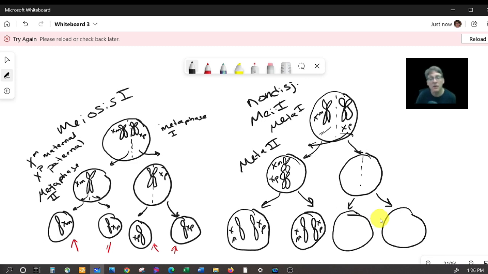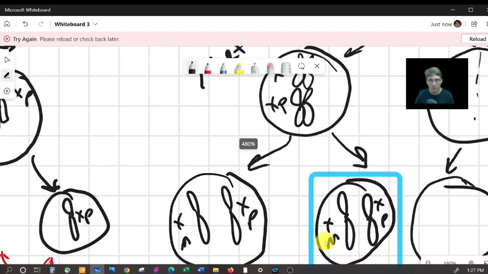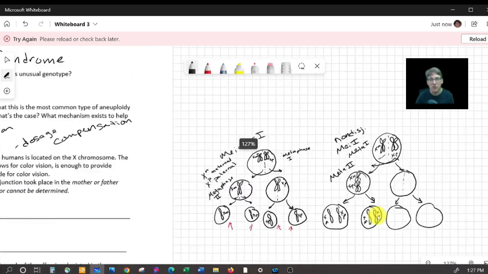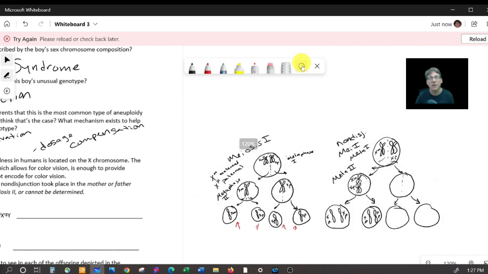Okay, so now the key thing to look at here is that when non-disjunction occurs within meiosis 1, we have 4 gametes resulting from the cell division that are abnormal in their chromosome content. 2 of the gametes have an extra chromosome, and 2 of the gametes are missing a chromosome. The other thing to take note of is that the 2 gametes that have extra chromosomes have 2 different types of chromosomes. Here we have an XM, a maternal, and an XP, a paternal X chromosome, and an XM and an XP. That is to contrast with